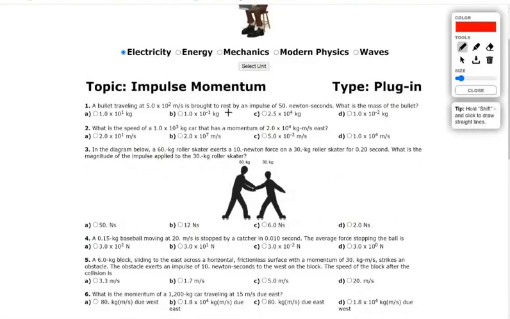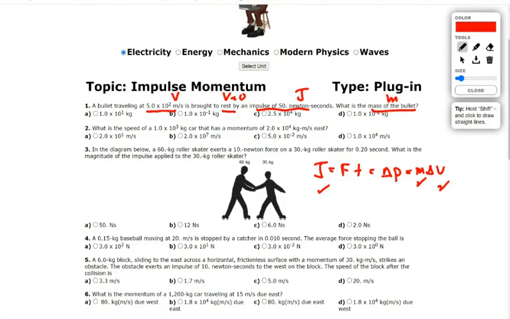Ready? Bullet. So I don't even know what I'm going to do. So V, okay, brought to rest. Oh, V equals 0. The final impulse. So this is what I'm doing if I'm taking a test. What is the mass? I've got to use that big equation that I wrote on my test, and this is what it looks like in the reference table. I'm going to add that M delta V. They talked about impulse, they talked about M. Oh, look at that: J equals M delta V. So that's what I use because that's the fit.